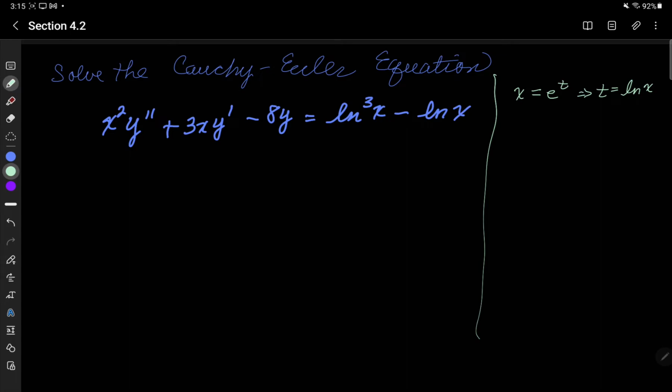And to change your derivatives from y as a function of x to y as a function of t, you can make the substitution where dy over dx becomes 1 over x times dy dt,